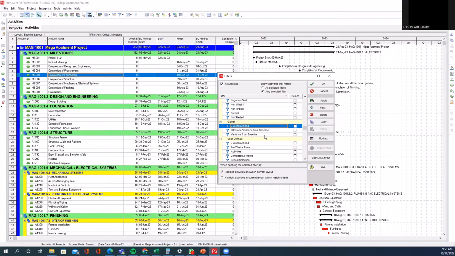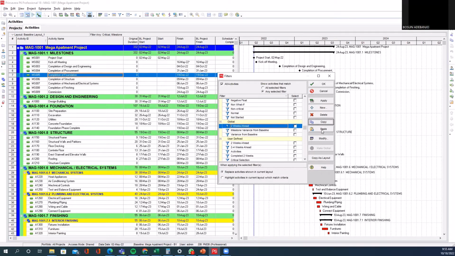Like I said earlier, I don't want you to mess with any of these filters or try to modify them. So what we're going to do is make a copy of this and use our copy for the demonstration. So I will select the 2 weeks look ahead, I will click on copy, and right below it,